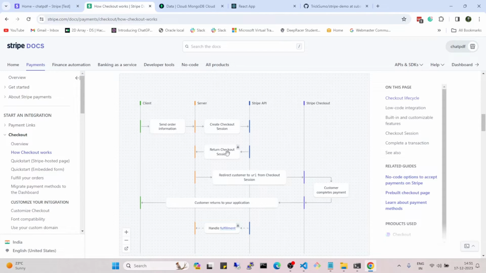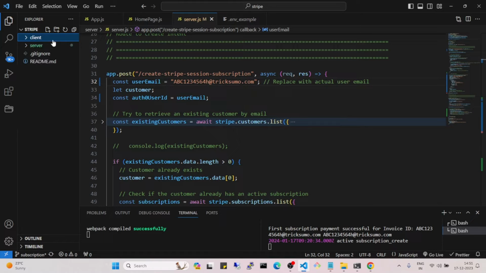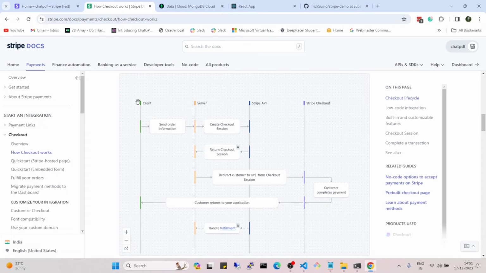So in one-time payment, we saw that as soon as we click on the payment button, we have two things. We have this React client and Node.js server. This is React client, this is Node.js server, and this is a Stripe API part. So as soon as from client we click on subscribe button, it goes to the Node.js server, and in Node.js server it talks to Stripe API to create payment link, and then that payment link is returned to the client, and client is redirected to that checkout page where transaction happens,